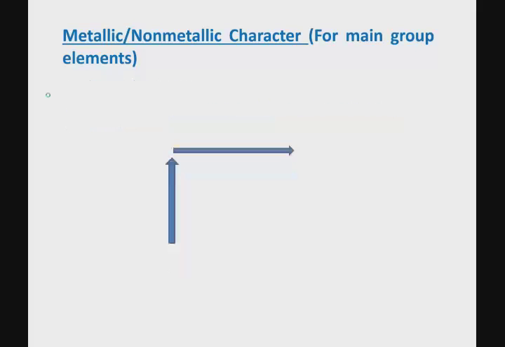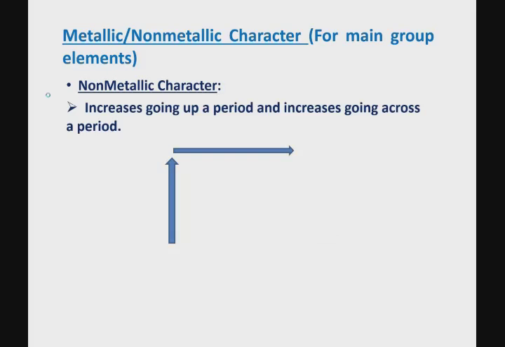So if you're looking at the non-metallicity of an element, then the non-metallicity goes in the opposite direction to that of metallic character. As the atoms get smaller, they become more non-metallic. So metallic character actually increases from top to bottom of a group, but decreases from left to right of a period. So just to